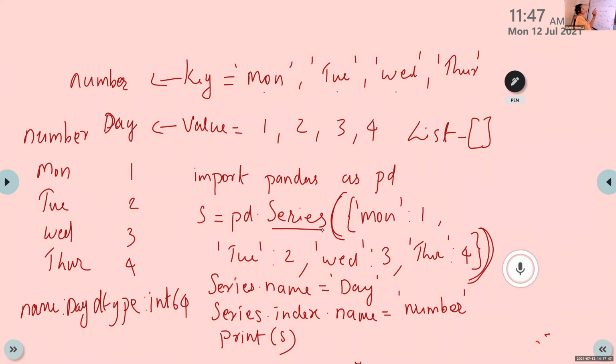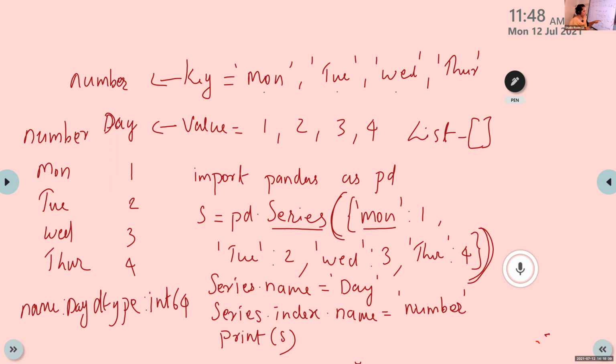The first key is Monday. It is in single quotes because here we are using string values. So Monday within single quotes, then write a colon, then write 1. 1 is the first value. After that, write the second key, Tuesday, then colon, the second value, 2.